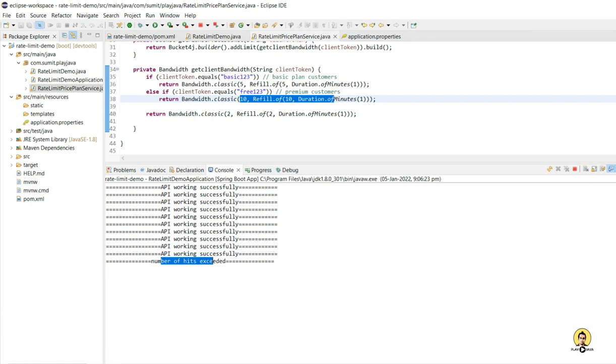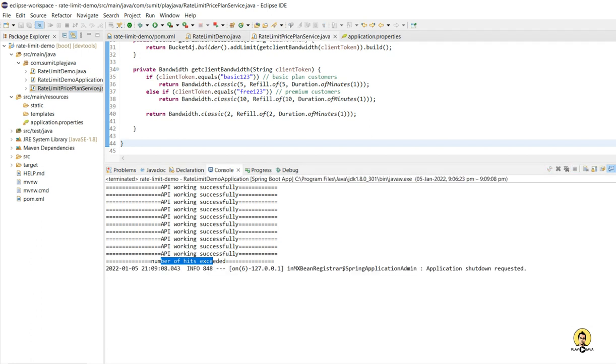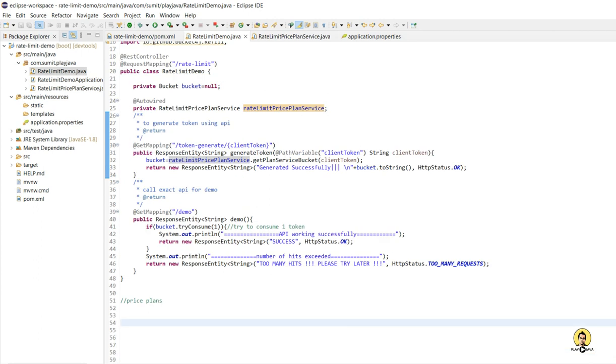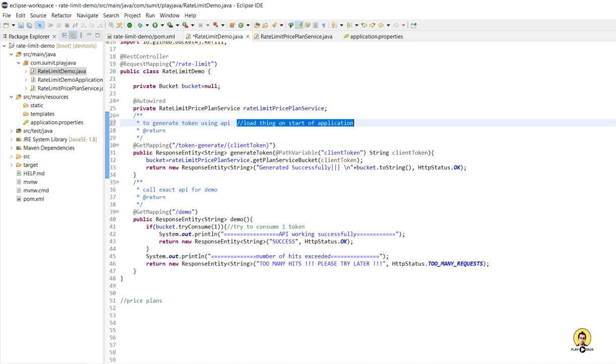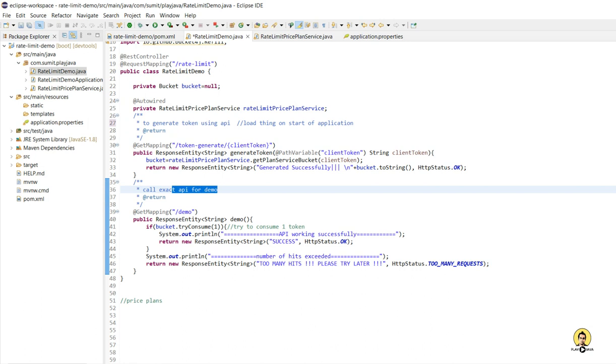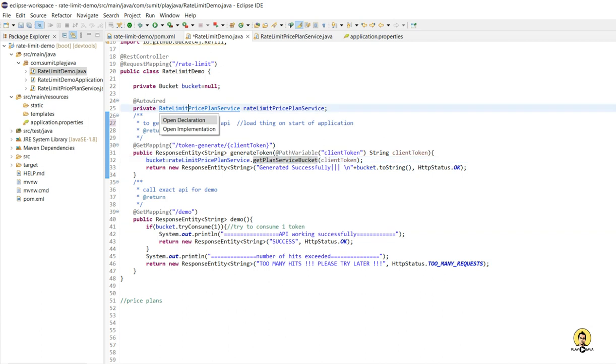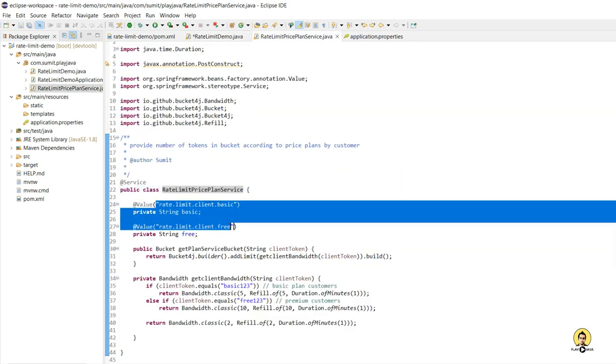So you can use Bucket4j to limit the rate of API calls, and you can use this for pricing plans also. Like we have used here, we have provided an API which we use to generate the token, but in real time these are not generated through an API. These are loaded on the starting of the application only, or using some other mechanism. Just to demonstrate, I have created an API so that I can change it at runtime. After that, you can go with the pricing plans, and with tryConsume, you can handle the consumption of those pricing plans.